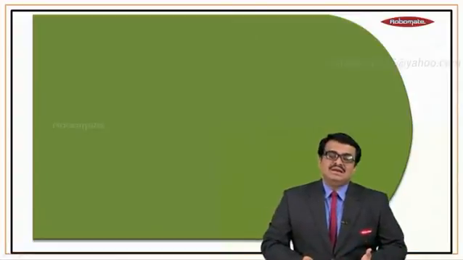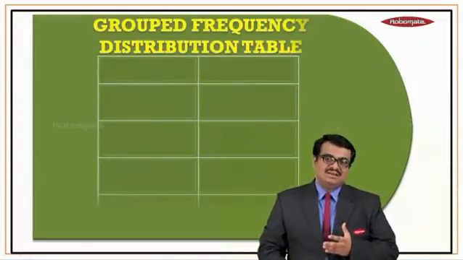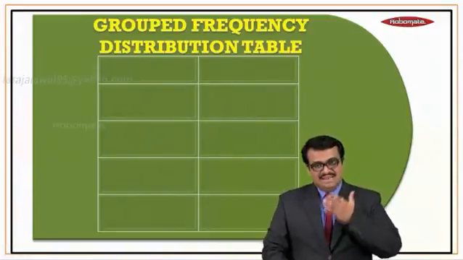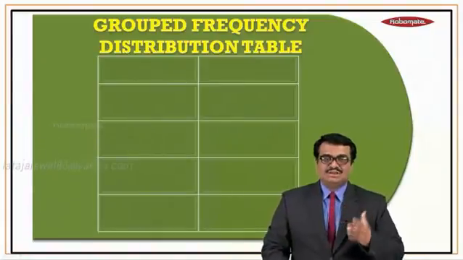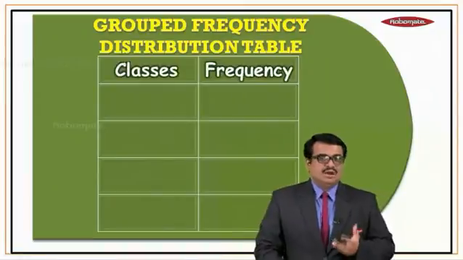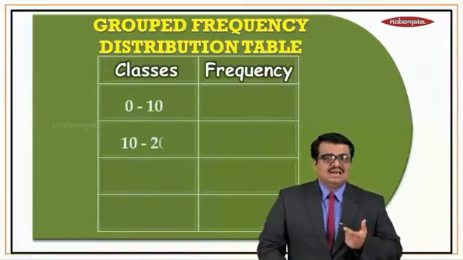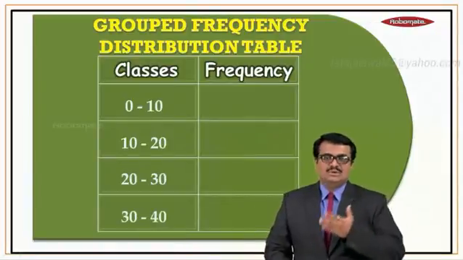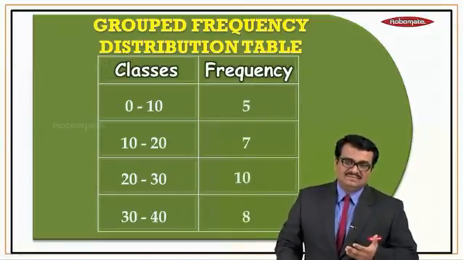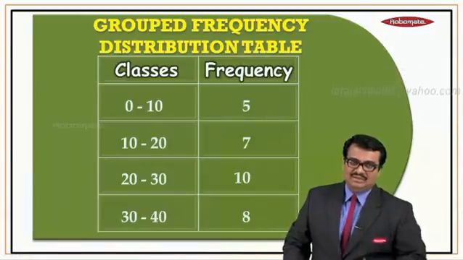Okay. Now, we have learned statistics in our lower standards also. Okay, and we have heard about this table also, grouped frequency distribution table. Okay, in this chapter we will be given this grouped frequency distribution table always. Now, in this grouped frequency distribution table, what is given to you? Always two things will be given. One is classes and the second is frequency. Okay, classes, this is how classes look, 0 to 10, 10 to 20, 20 to 30 and so on. And frequencies, they will be given like this. Okay, and then several questions will be asked to you based on this table, right?